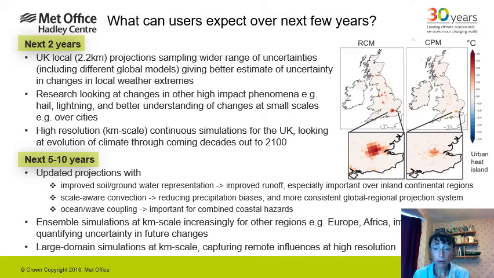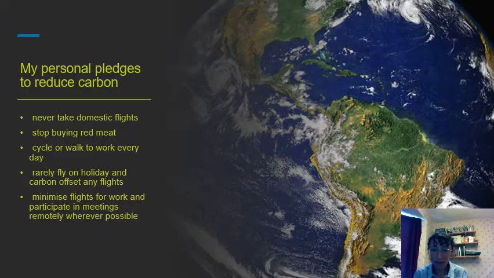Increasingly, we're going to be able to afford ensemble simulations, so multiple simulations at these scales, which will allow us to understand uncertainty and changes in other parts of the world, so Europe and Africa. And also we're moving to these larger domain simulations so we can capture how remote influences, so things that affect us from further away, can be captured at much higher resolution, which can be important for our local projections. So with that, I'll stop there and just